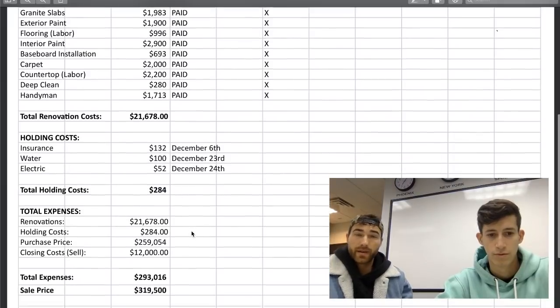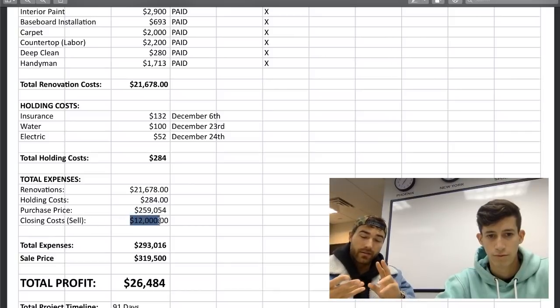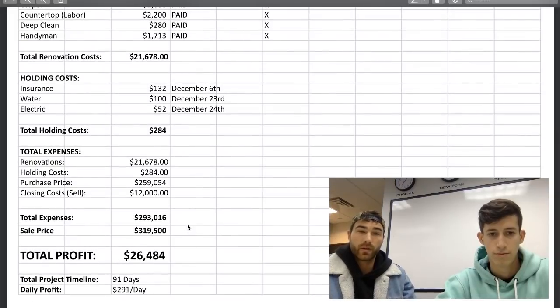And then the total expenses right here, $21,678 for reno. We have holding costs of $284, and the purchase price all in basically are $259,000 with what we bought it for all in. And then estimated closing costs on the sale end of it. This includes commissions from both the buyer and seller agent. I am the listing agent on this, so I take less of a commission than what we would normally do if we were listing it with someone else. So we're estimating about $12,000 in that, making our total expenses $293,000 on this property,